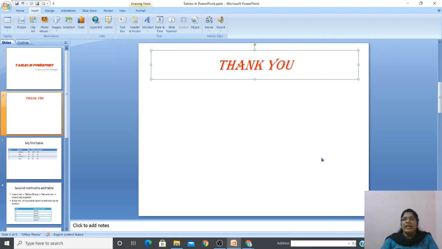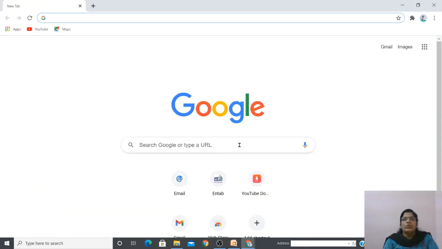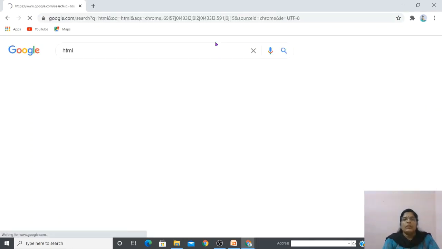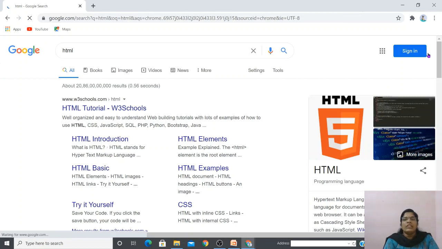And just below that, you can see Screen Clipping. For example, if you want to take a screen clipping of a particular window, you first have to open that window. Let me just type something. So it opens the page. I want this particular page, especially this picture, I need.